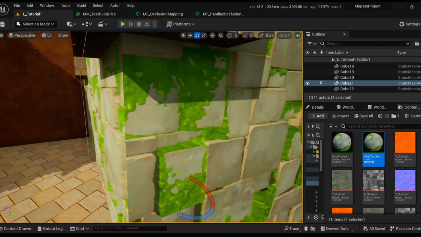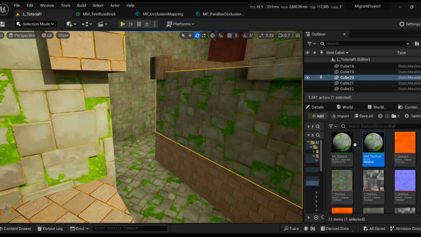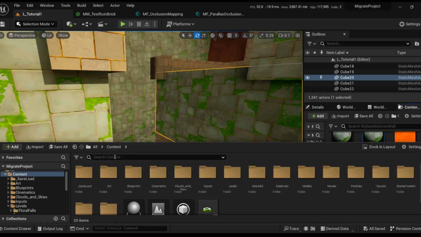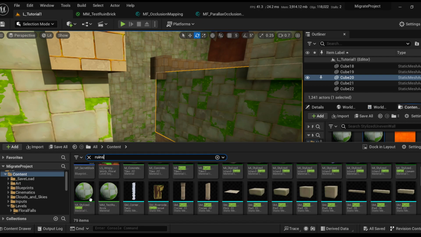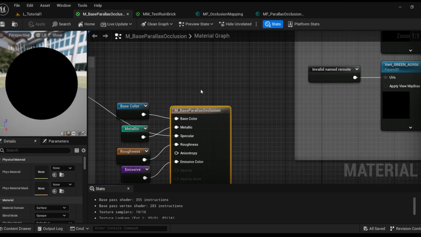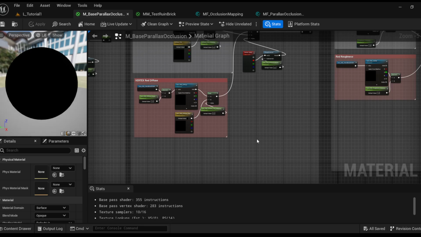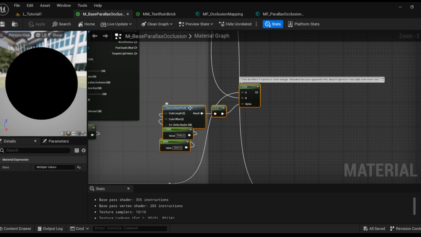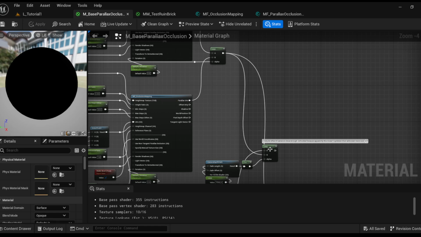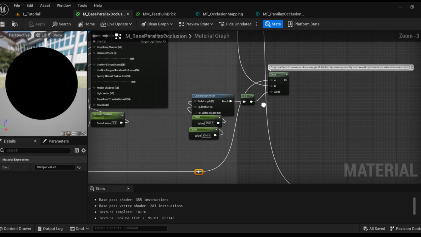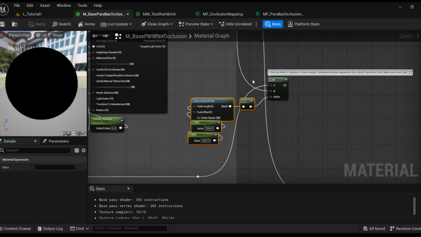I was going to optimize this with some, if I can find the, come on, I gotta search for it here. So I can get the parent of this. I was messing around with optimizations, and it doesn't seem like lerping with the camera depth fade actually saves performance, because from what I was reading online, even though it's using a lerp, it's still calculating both sides of the lerp every frame. Even if it's only fully using one side, it still calculates both of them,